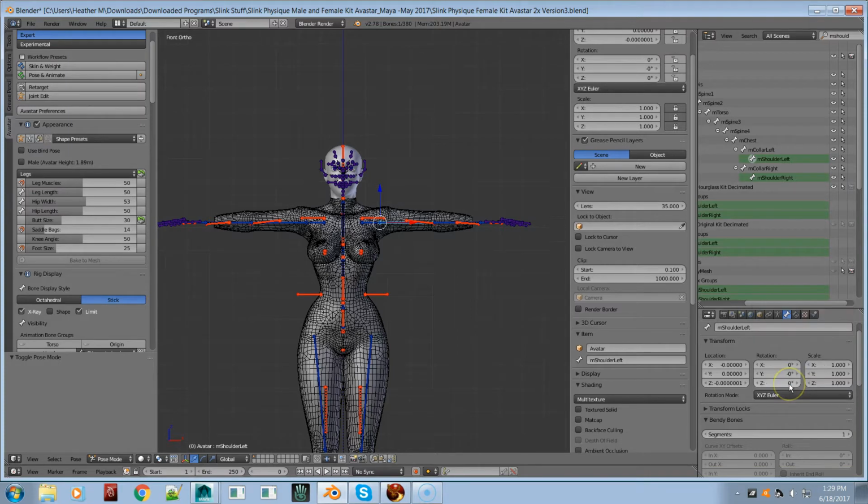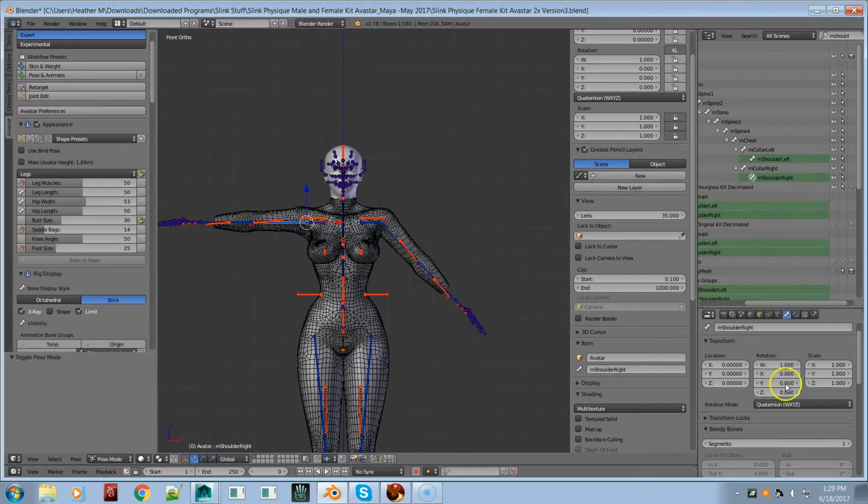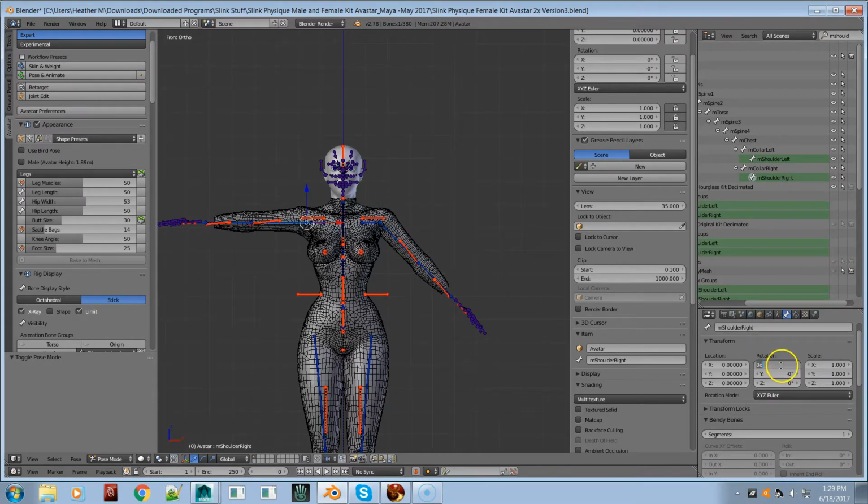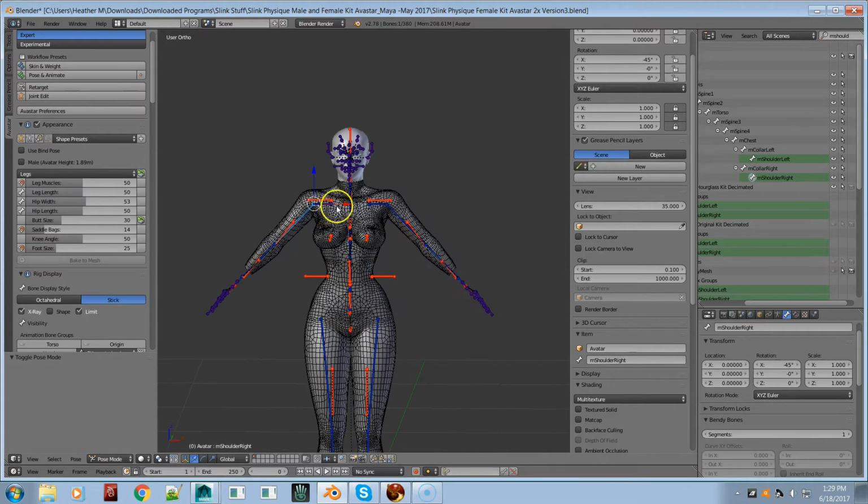You have to have the Euler set, maybe 45. So anyway, you have to get the arms in the same position as they were before, which could be 45 degrees, it could be more than 45 degrees, it could be less than 45 degrees. And then what you got to do is, anyway,